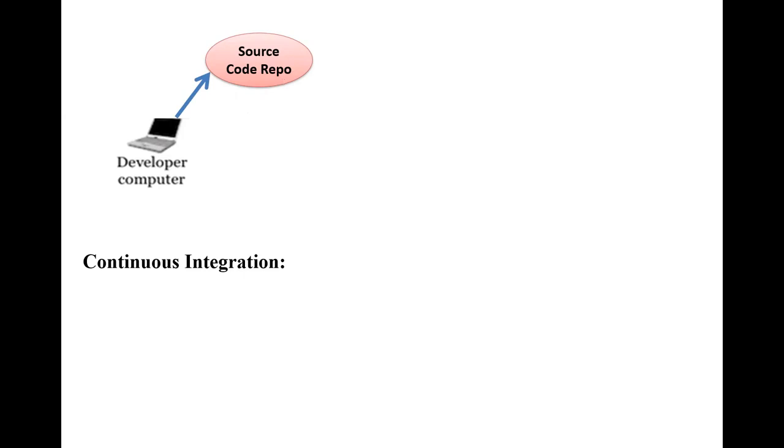Suppose for all the photos or videos which we have, at the end of the day to store them, we use Google Drive or Dropbox, right? Or OneDrive. So like that, where do we store the source code? The code which developers are implementing is in the source code repository. But as we're talking about 10 developers, when any developer updates the code here, the pipeline immediately starts. It has to verify it. Okay, some update has happened here, because this is the main repository, the entire project code. This is not just one developer's code.